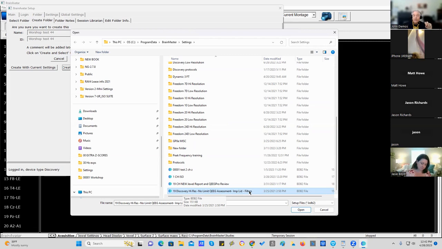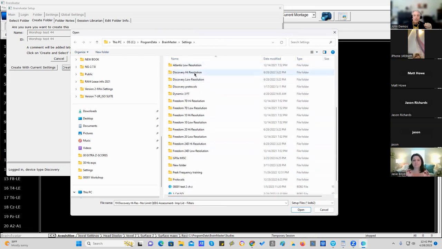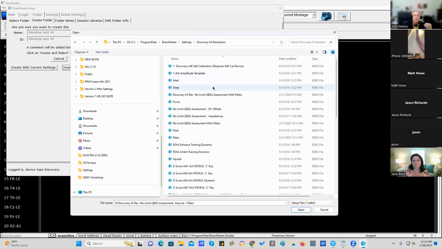Now, let's go to BrainMaster. If you use BrainMasters, for example, if you use this one with impedances and not with filters, it will yield incorrect results with Joule. You must have filters. And if you have it with impedances only, you will discover that all of your clients will have elevated delta because the data has not been filtered. So rather than guessing,